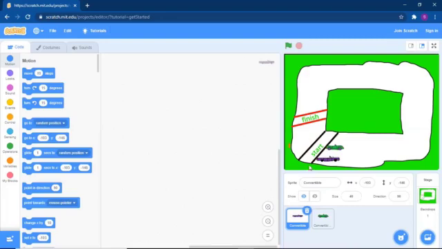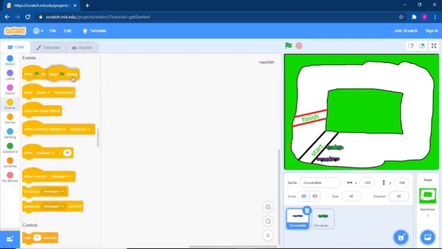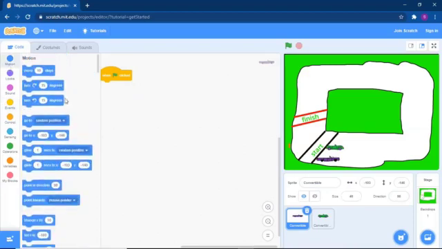Purple one, first what we'll do, as soon as we click on the green flag, wherever your car is, the car will be in this position. So for that, what I need is an event block. When this green flag is clicked, what will happen? It will set motion, right? It will set the axis, same axis, wherever your car may be. In the previous race, your car has stopped here. So what I have to do, I have to fix it here. Done.